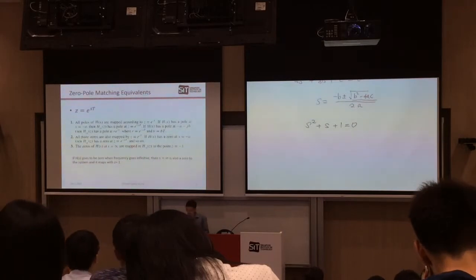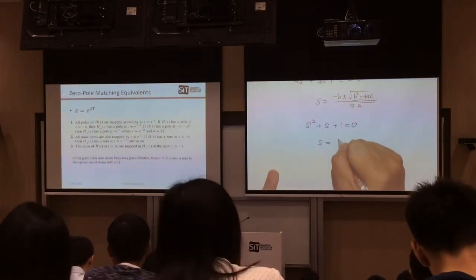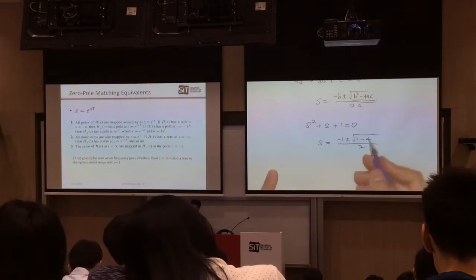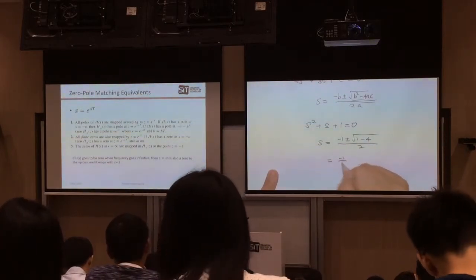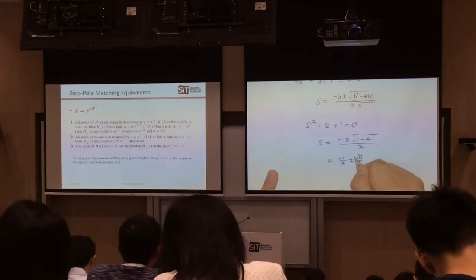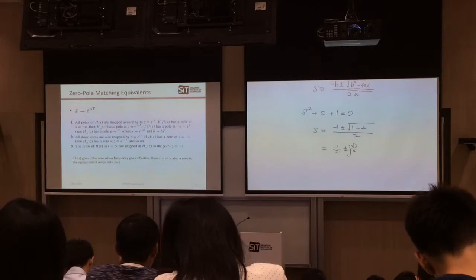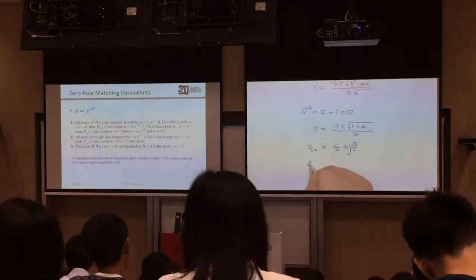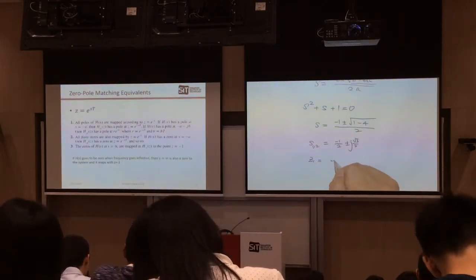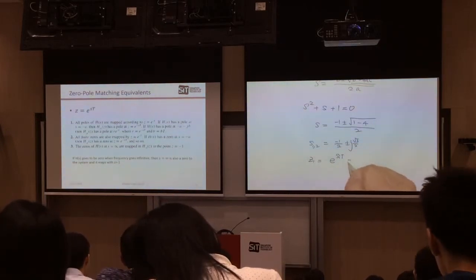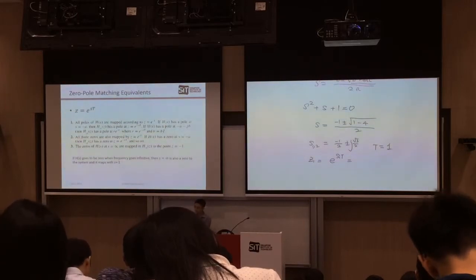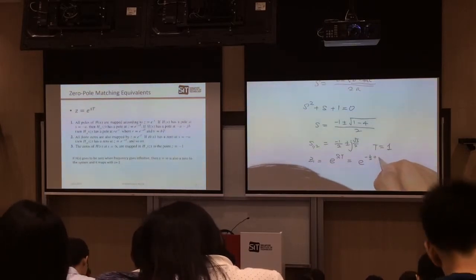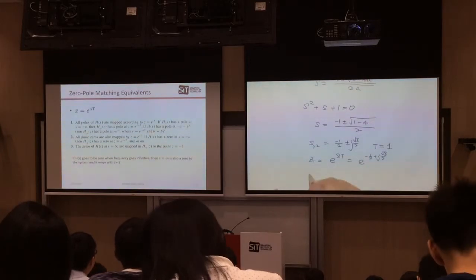If you want to solve this one, what is the solution? S equals minus 1 plus minus square root of 1 minus 4, divided by 2, right? So this is not a real number, what do you get? Plus minus. You get a complex number, right? Alright. So now your s1 and s2 become this. Then how are Z1 and Z2? Z1 should be matched with e power s1 T. If we make things simple and let T equal 1, so how should we do? It's e power minus half plus j, and your Z2